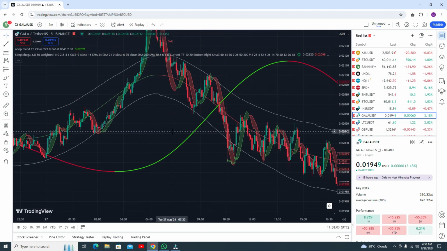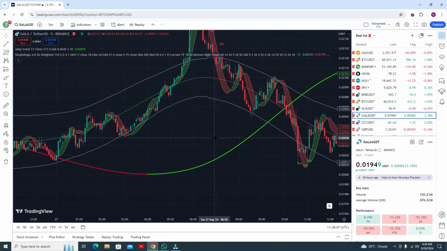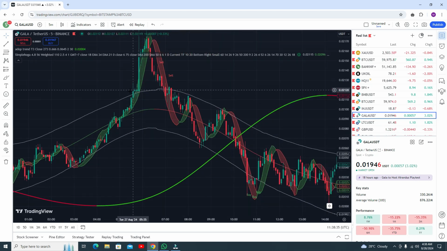Okay, I need to show you one interesting thing here. The first thing, you can see the top trend line is crossing the lower band line. Okay, that's fine. The second thing, RSI should be below the lower band line. It will be below the lower band line, and the top trend line is also below the lower band line. Then this is your confirmed buy trade. You can go for the buy trade. Although you did not get the buy signal here, you can go for the buy trade, and you have to book the profit when the candle touches the upper band line.